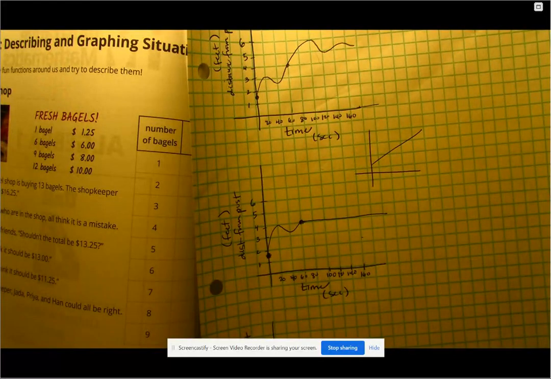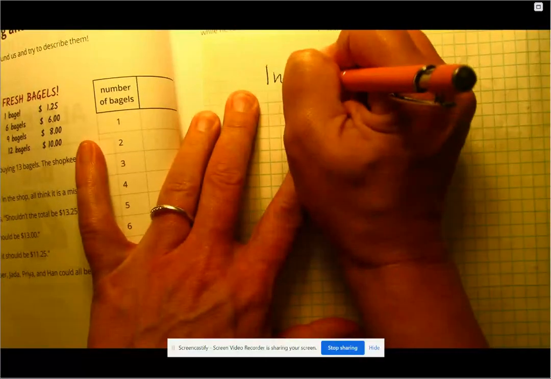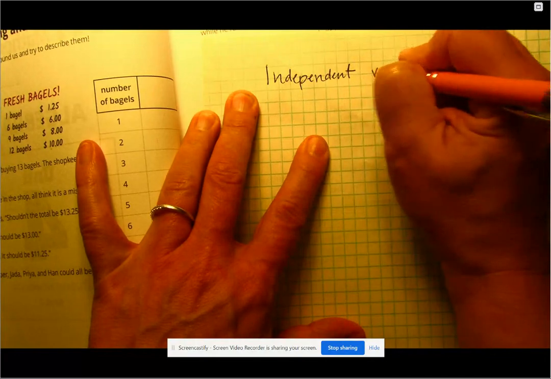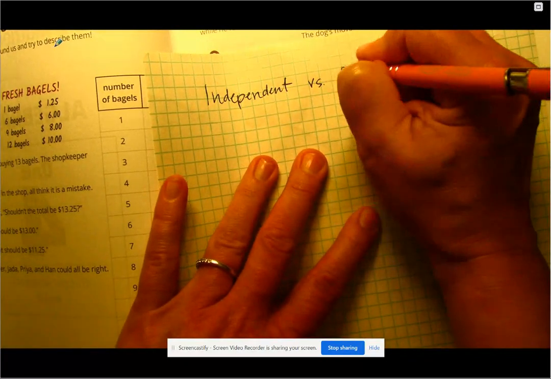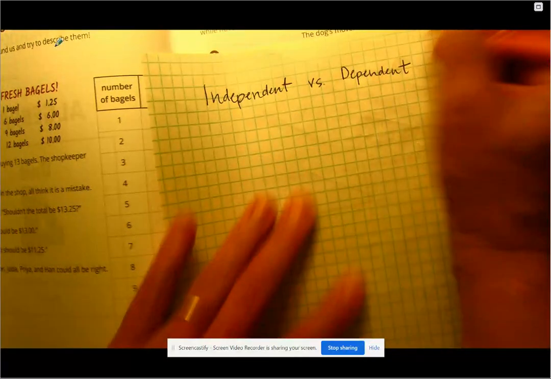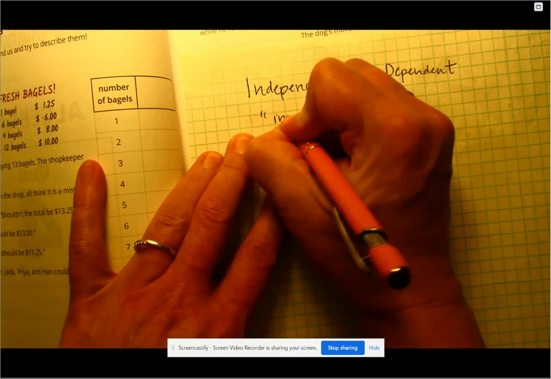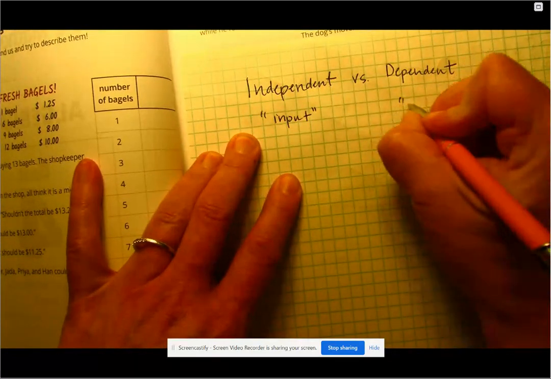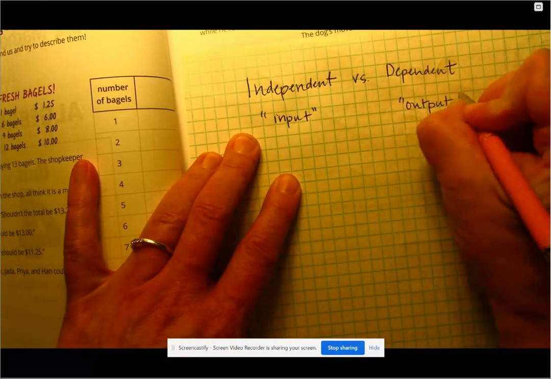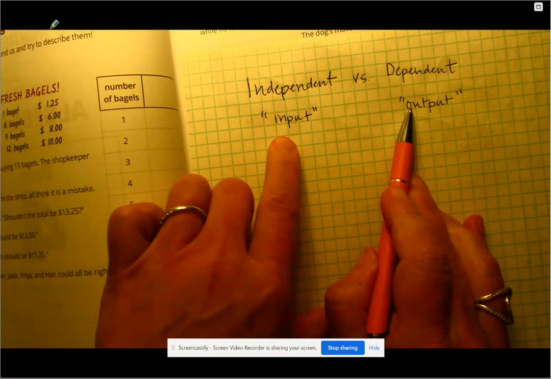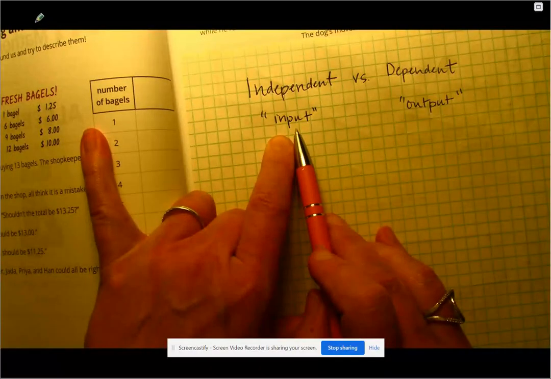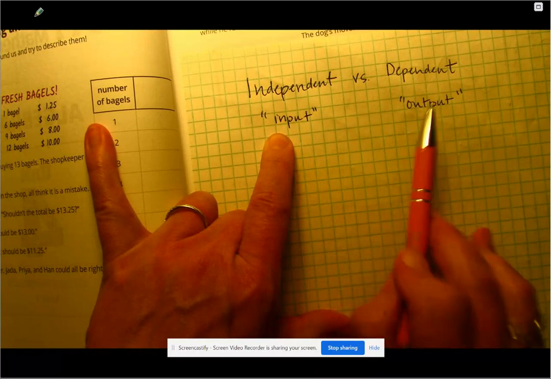Independent versus dependent variables. I'm just going to write it. Okay. So when you have an independent versus a dependent variable, you have two variables and you're asking how they work with each other. And you want to think of one, we often think of the independent as the input and the dependent as the output. Okay. In science, I think they sometimes call this one the manipulated, this is the responding, but